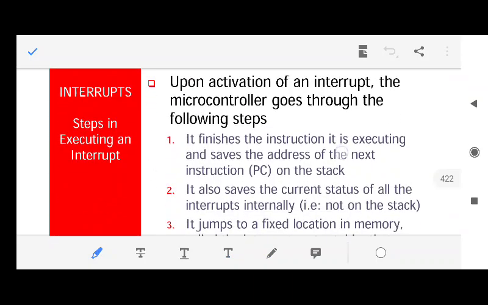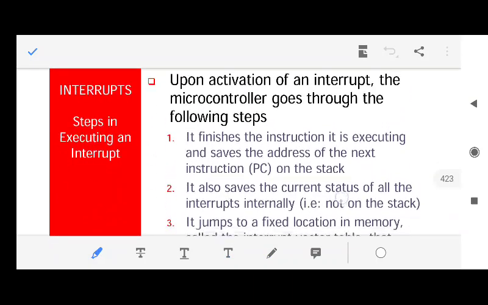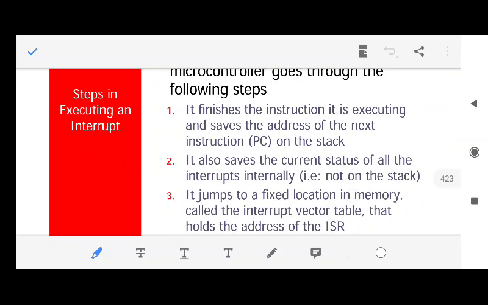I'll tell you in brief, and whenever I do an example, I'll explain this more deeply. Let us understand it like this: 8051 is executing a program, written on line number 1, line number 2.